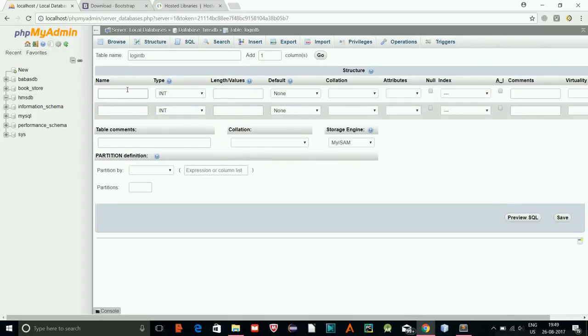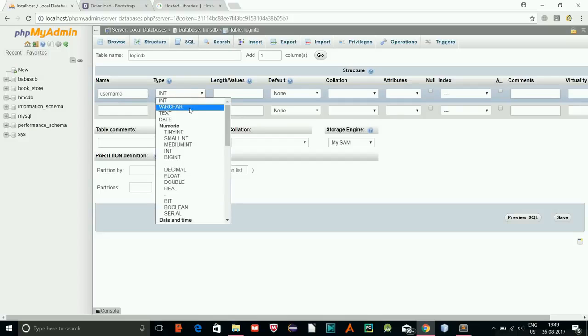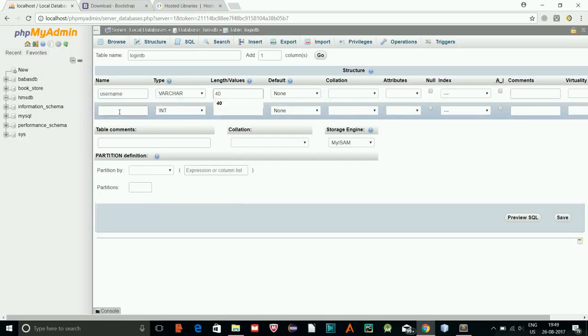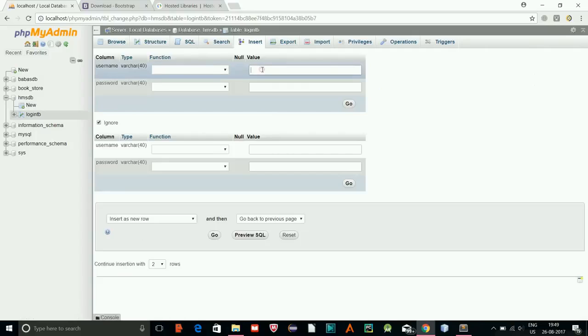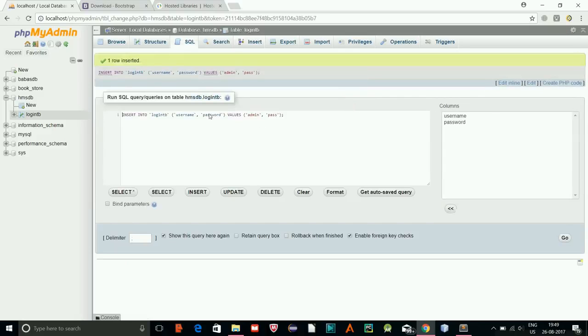We'll be having username. We'll be giving this varchar and let's say 40, and password. This also varchar and this also 40. So we have our username and password. Now let's insert a value, let's say admin, and this let's say pass. Okay, so we have